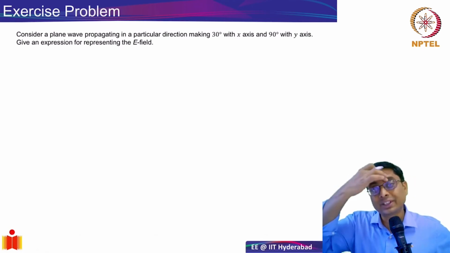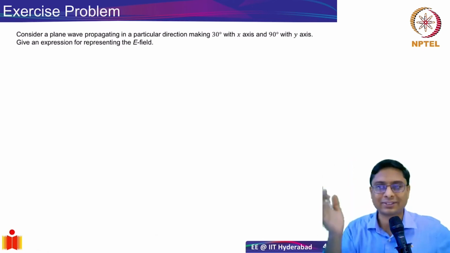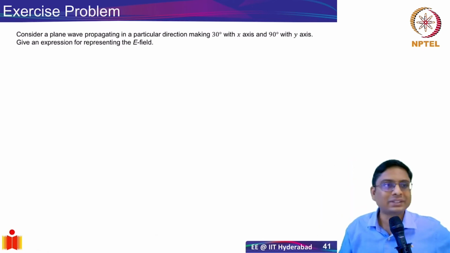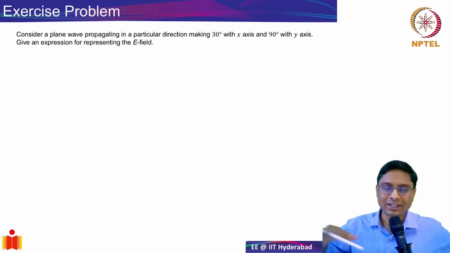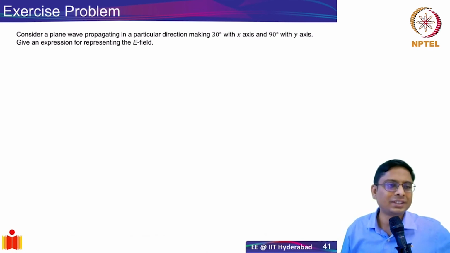So let's now consider a plane wave which is propagating in a particular direction, let's say 30 degrees with the x-axis, and it also makes 90 degrees with the y-axis. So give the expression for representing the field. So far we have looked at plane waves which are going in one single direction. Now we want to look at two different directions, and we kind of looked at it